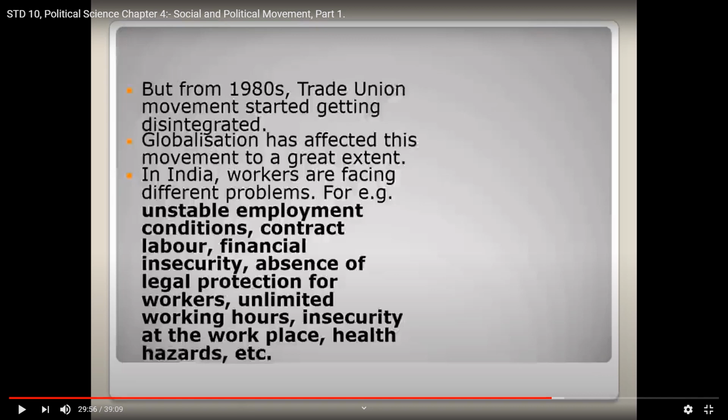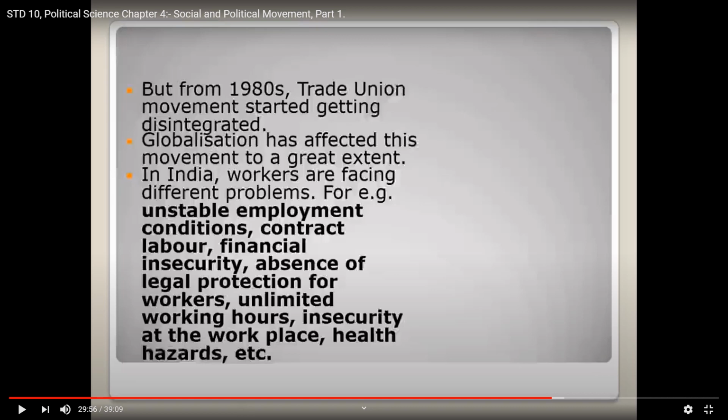Now, contract labor means that for a certain period, the employer or the company owner will take them and after some time remove them. So some of them were working for 6 months, some of them for 2 months, some of them for 4 months. But suddenly, if the company goes into loss, the company owner can tell them, please leave, I don't have money to pay you. Then second one,